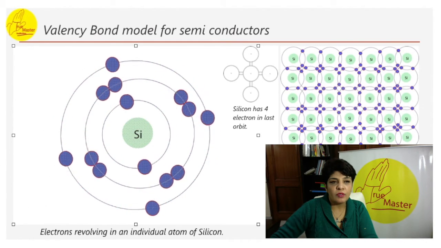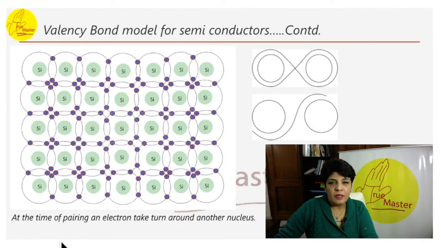Coming on to the covalent bond. Now, trying to explain the covalent bond. Suppose that the structure of silicon has 4 in the outermost shell. So 1, 2, 3, 4 is its own, and it has a covalent sharing with the other silicon atom. This is being shared. So when it becomes 8 in the outermost shell, then the silicon atom is stable.